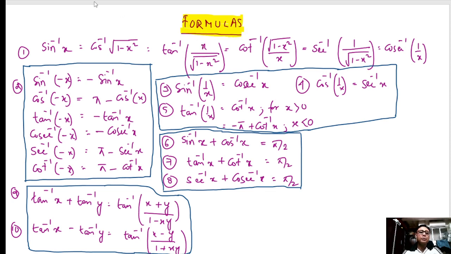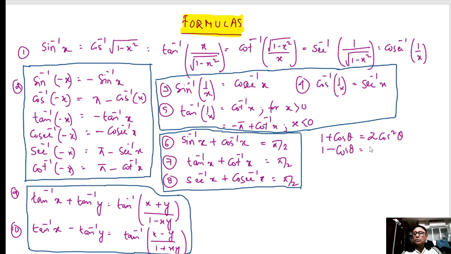Let me write a few more of them so that it is easy for you. 1 plus cos theta is equal to 2 cos square theta by 2, 1 minus cos theta